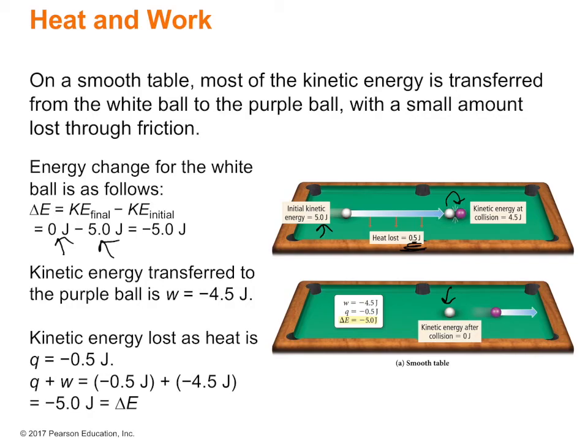Kinetic energy transferred to the purple ball is 4.5 joules. Because this is the work done. The white ball is doing work to the purple ball. That is the W. Well, what's the Q? The Q is the amount of heat lost through the friction. That's 0.5. So if I were asking about the kinetic energy transferred, you would just be talking about the work, not the heat. Kinetic energy lost as heat is negative 0.5. That's because Q plus W equals negative 0.5 plus negative 4.5. And so the total energy